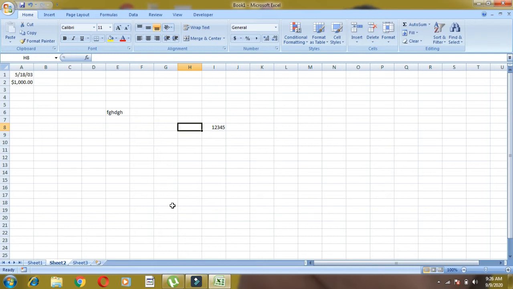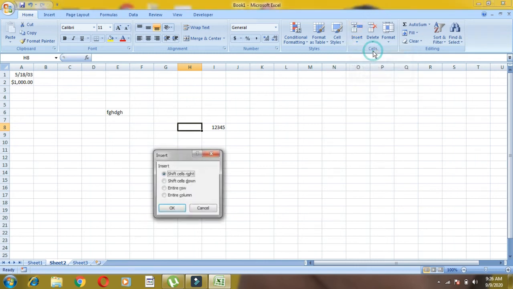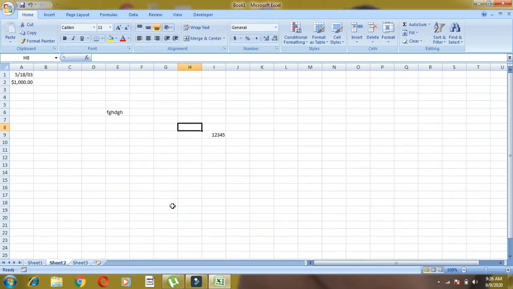So children, inserting cell, even inserting row, columns, all these options you get here. Inside the home tab, inside the cells group, you get the insert option. You get insert sheet, insert sheet rows, cells, entire columns, entire row. All these options are available inside the insert options. You can delete also, children.